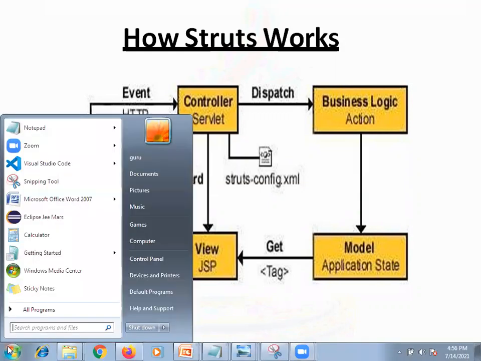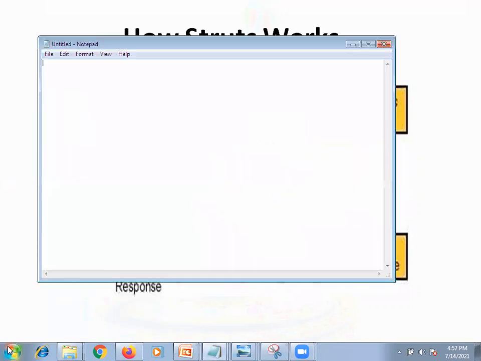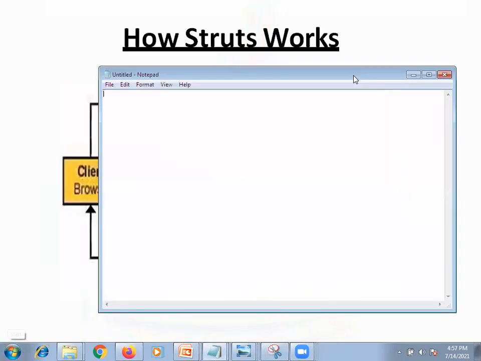Let me go to Notepad. Now in Struts, what are the files we require? web.xml. So what exactly do we need to configure in this web.xml? We need to configure one action servlet,